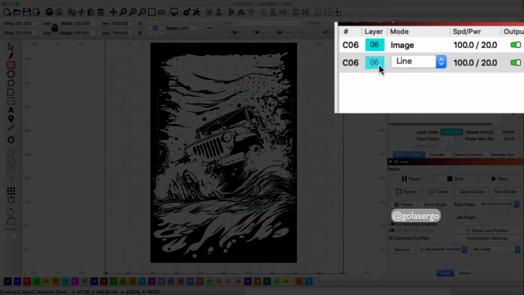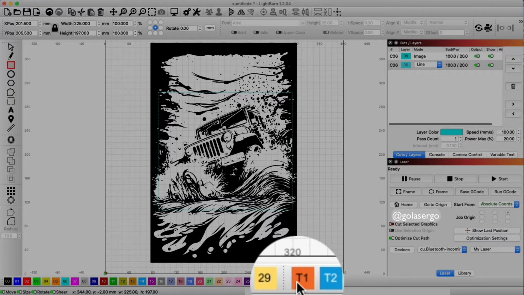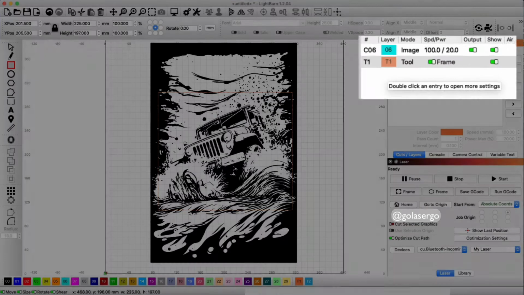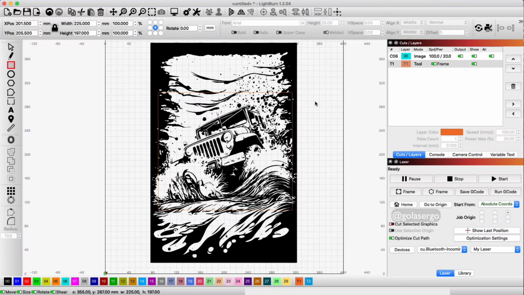Now what we need to do is change that to a tool layer. So we come down to these options, these two colors down the bottom here, and just choose one of them, click on that, and you'll notice how it's changed it now to a tool layer, and it's got a framing option there. So the next thing we need to do is just highlight both of these. So I'm just going to come up to the select tool and click on that, so that now I can select both of these shapes. So I'm going to click and drag from the right to select both of them,